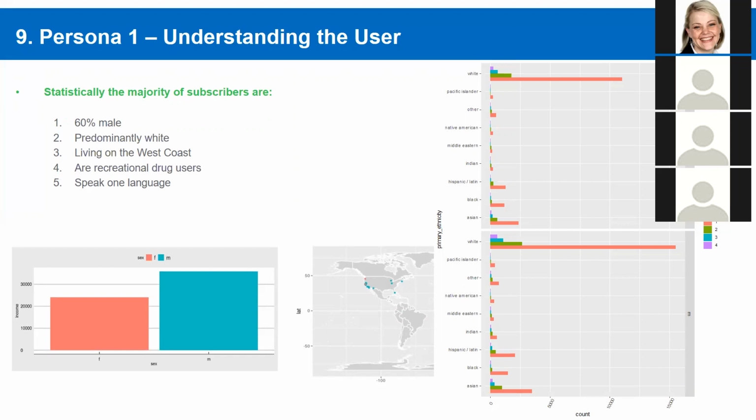We did all these analyses. We plotted everything on a map and identified what was the location, and saw that most of our users were coming from California region. And we also figured out how many languages everybody speaks and split it by the ethnicity. And you can see on the right side all the ethnicities, the number of languages they speak, and it was the equal split between male and female.